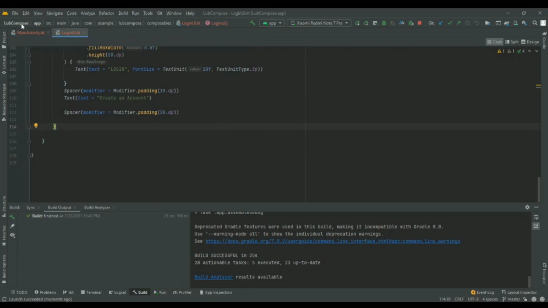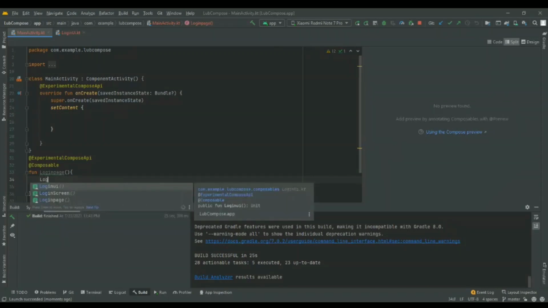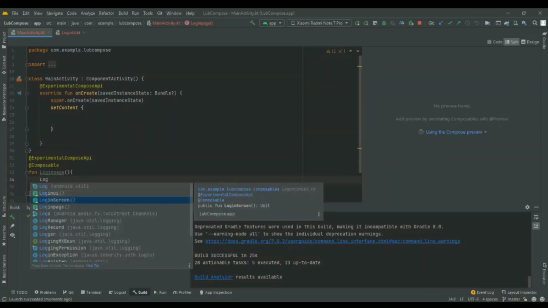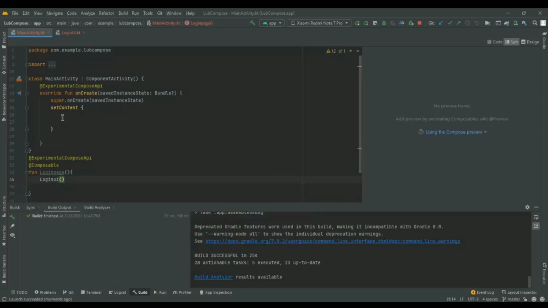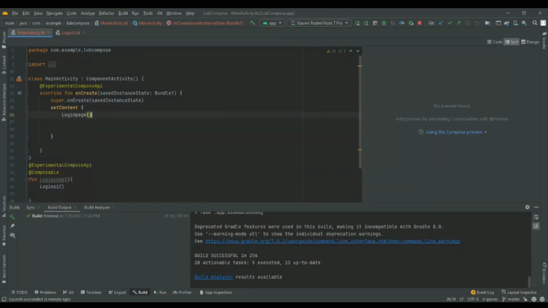Yeah, we need to add the login function over here in this main activity. We'll add login UI and the login function in the set content. Oh, and then now finally when we run this,